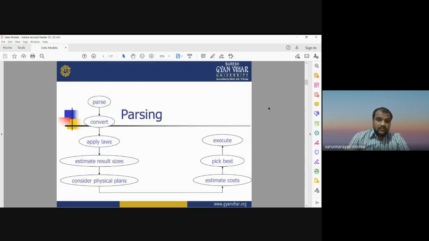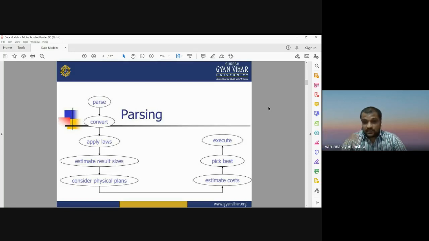So this is the entire flow chart of parsing. Parsing means, in simple terms, distributing our query into different components. Okay, we have some query, then we have some answer. This is the entire mechanism. But in between the query and answer, there are multiple steps, multiple stages. The conversion of the entire mechanism into its constituent steps, the distribution of the entire mechanism into different parts, is known as parsing.